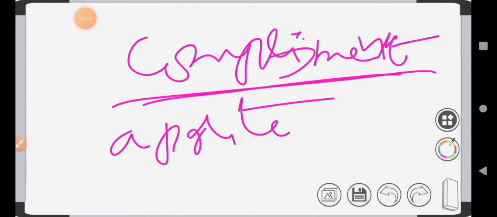Why? Because these words may confuse our students regarding spelling, pronunciation and meaning. The pronunciation is the same, but the meaning is different. Grammatically, the complement is written with an E in the second syllable. Compliment